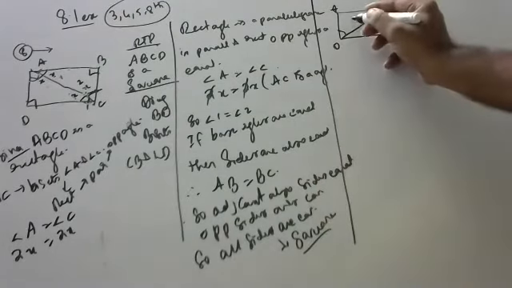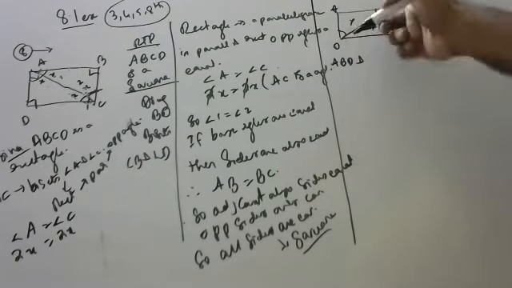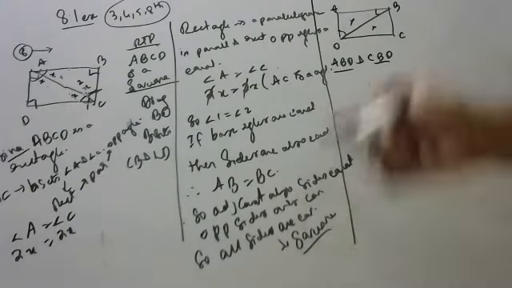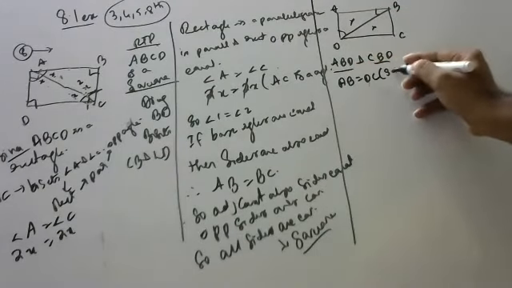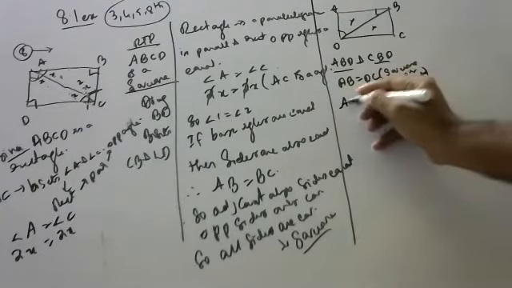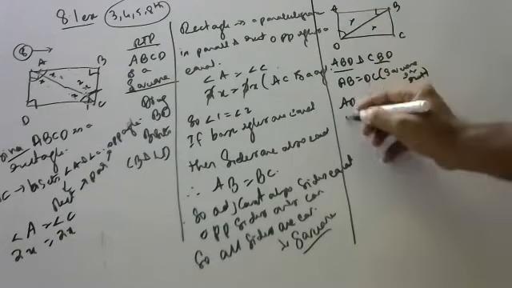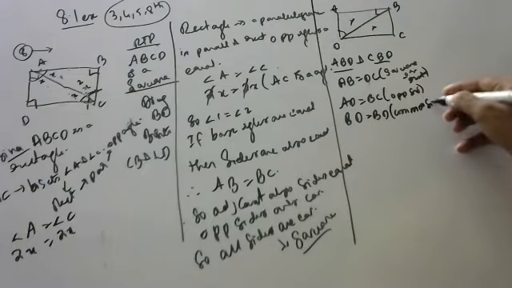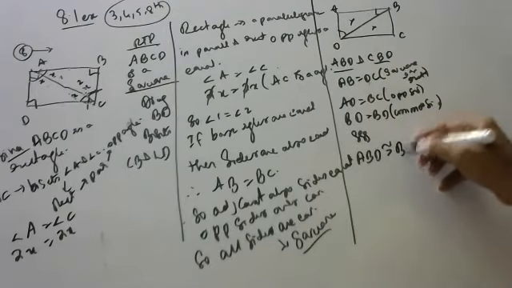Very easy. This one triangle, this one triangle, I will take: ABD and CBD. Let's do congruency. Simple, no, children. Very easy. What is the congruency? AB is equal to BC. Why? Because he only gave it as a rectangle or square, opposite sides are equal. AD is equal to BC. Why? Rectangle or square, opposite sides are equal. BD is equal to BD. Why? Congruent. So by SSS, ABD is congruent to BCD.